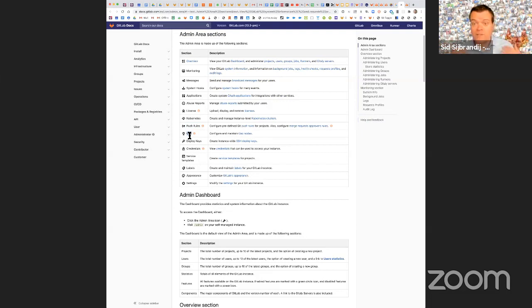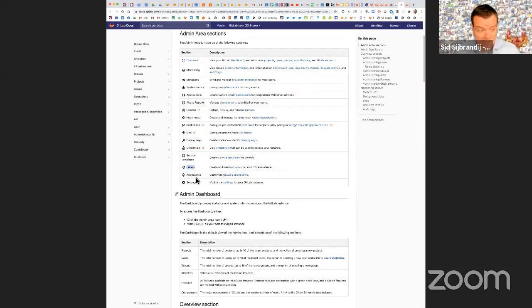Geo, why don't you let me stream from GitLab.com to my own self-managed Geo thing for faster caching? I think there's some people who are up for that functionality. Deploy keys, totally. Credentials, I don't understand. Service templates, yeah, I'd like to have that on the group level. Labels, yeah, I'd like to have that on the group level. Appearance, yeah, I'd like to customize that. So I think there's a case for a lot of them, but let's start with the stuff that people are